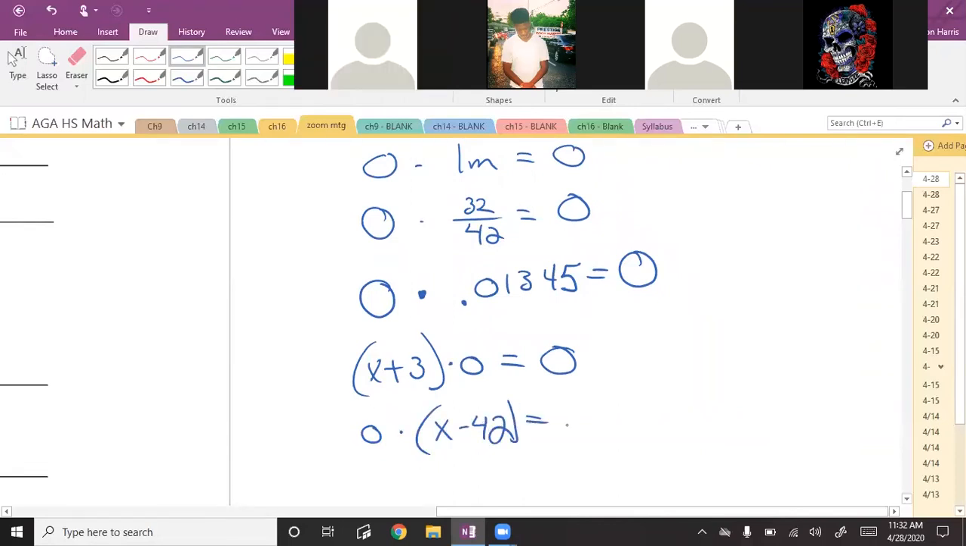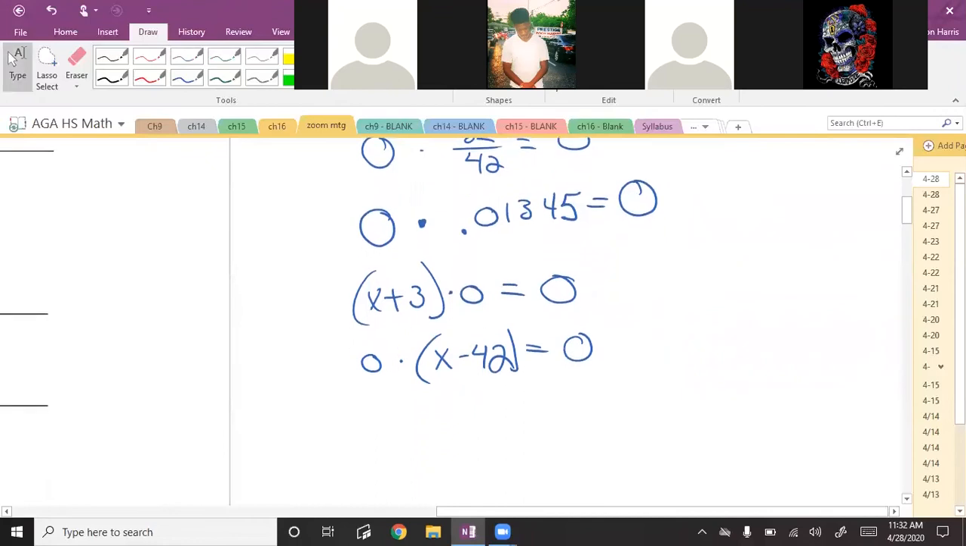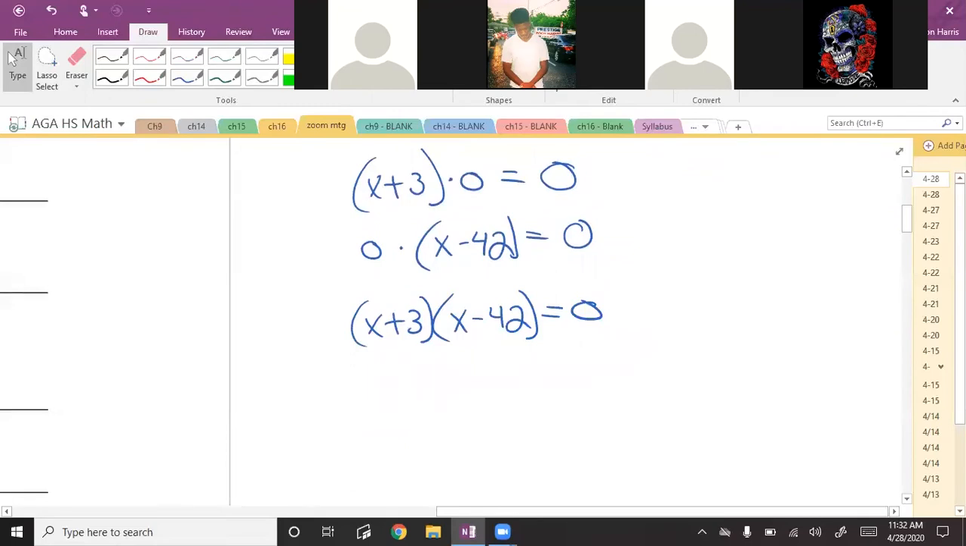What is that? It looked like 0. 0. Good. So if I know that x plus 3 times x minus 42 is equal to 0,